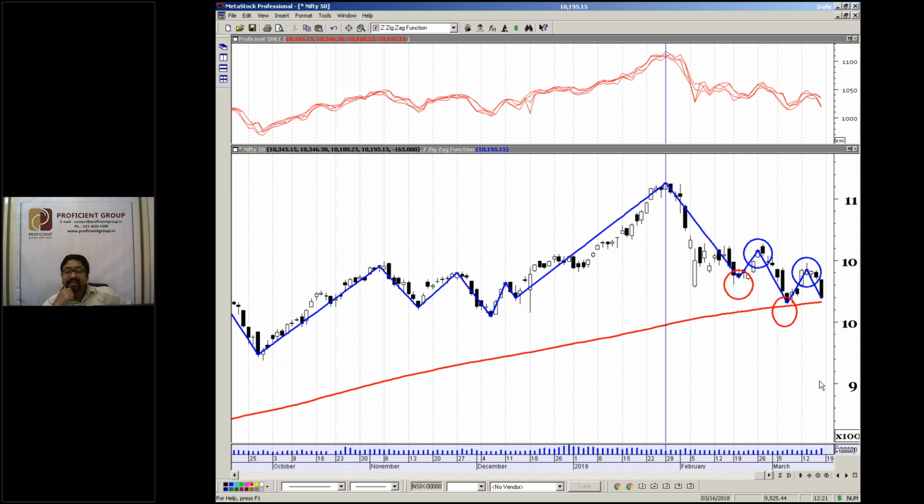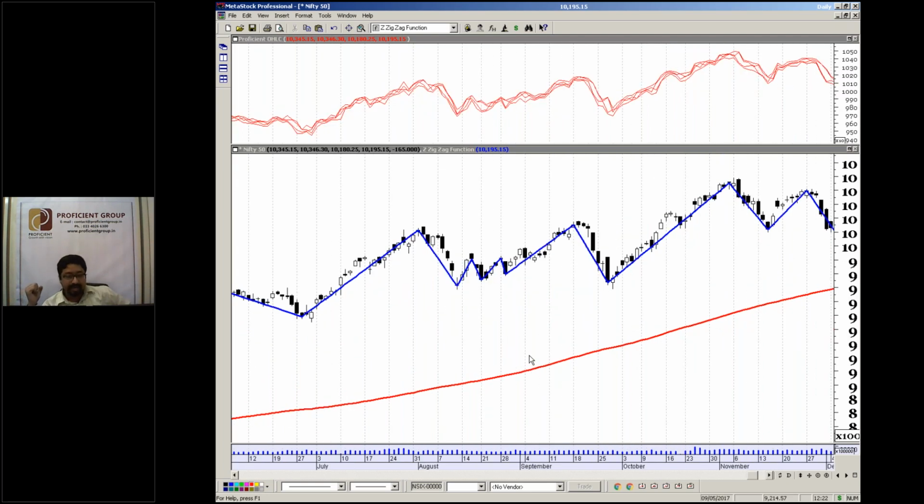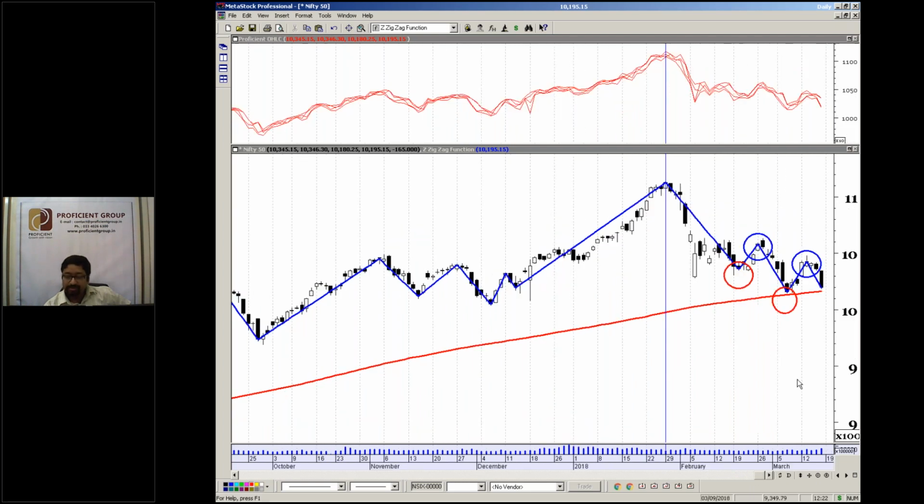So this is an intermediate downtrend, definitely, because this is not the characteristic that we can see to the left of this chart. To the left of this chart, you can see successively higher tops and higher bottoms. So these higher tops and higher bottoms are the characteristic of an uptrend. And when the series of higher tops and higher bottoms terminate, we get a lower top and lower bottom formation, which is